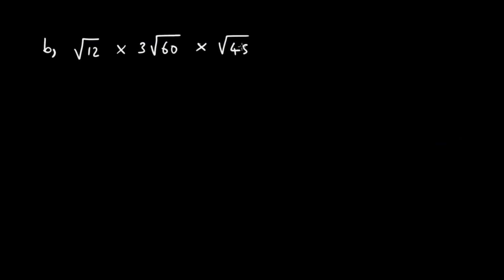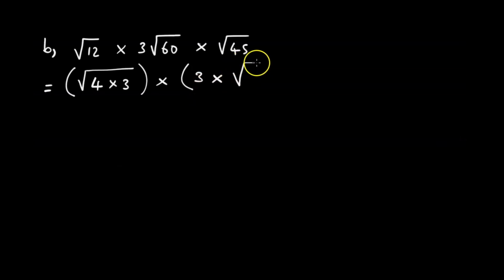So if you think hard, if you are now used to it, because practice makes perfect, especially in mathematics, this is equal to, press a bracket. Instead of writing 12, let us write the square root of 4 times 3. Why 4 times 3? 4 times 3 is equal to 12. 4 is a perfect square, because the square root of 4 is 2. So this is 3 times the square root of.